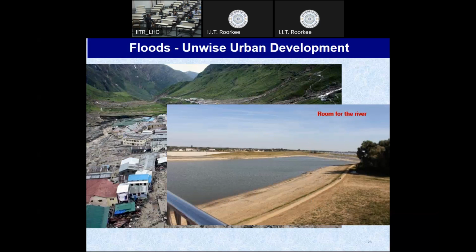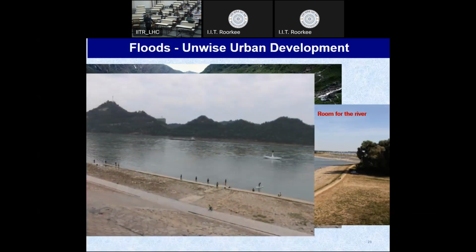The idea is that if you want to control the damage due to floods, then the river should be given a place where it can move. So this place is occupied by the river during high flows. Since there are no houses and nobody lives in this place, there is no flood damage. This is how they are controlling flood damage in the urbanized area.